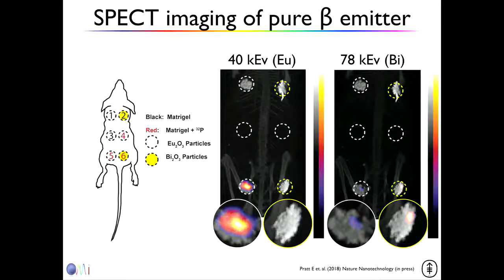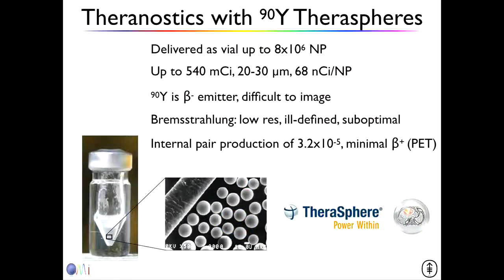So again, what we did is we did multiplexing. So here we're looking at europium particles, here at bismuth particles. Here is the mixture. Here you see the europium lighting up in the SPECT. This is the CT part where you see the dense nanoparticles. Here it's a little bit denser, but here you see the light coming, or in this case, the characteristic X-rays from the bismuth, and not much coming from the europium. So now you can basically image.